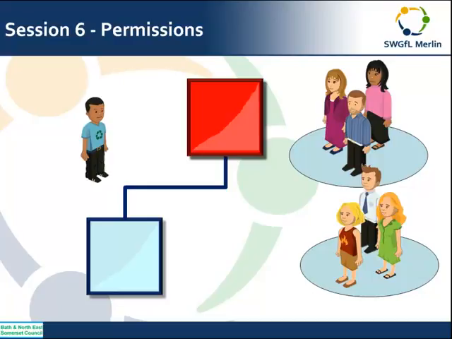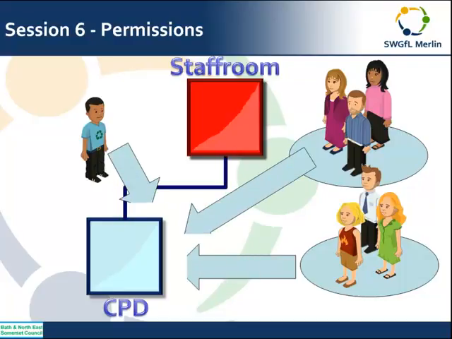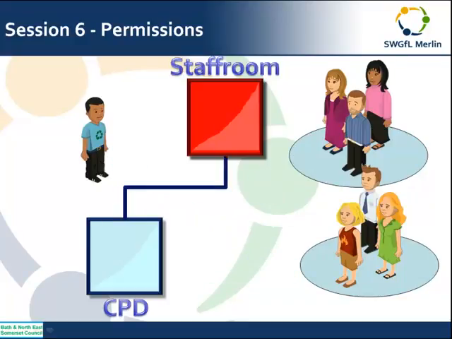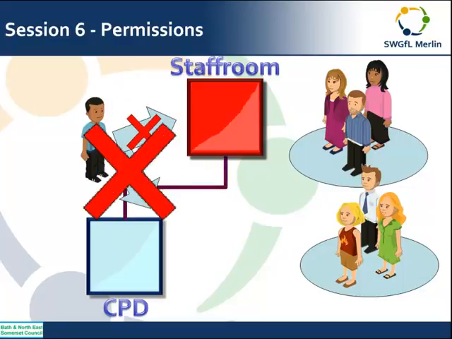For example, you might have a staff room place and create another place below it called CPD. If you inherit permissions, then all those that have access to the staff room have the same access rights to the CPD place. Any changes to the permission in the parent place are inherited by the child or sub-place. So if I was to deny this chap permission to the staff room, he automatically doesn't get to see the